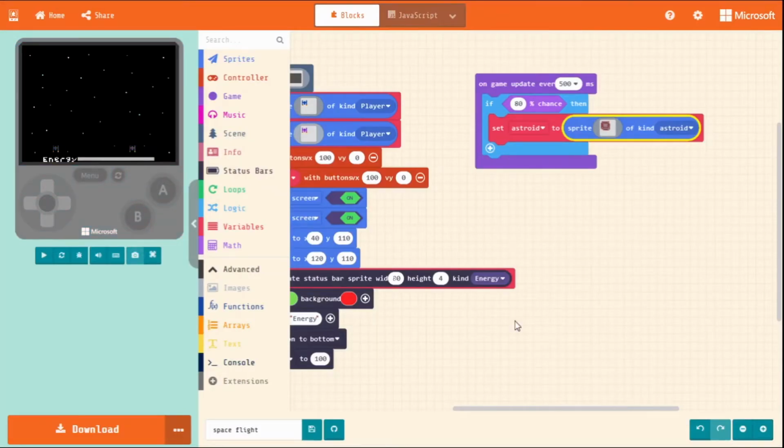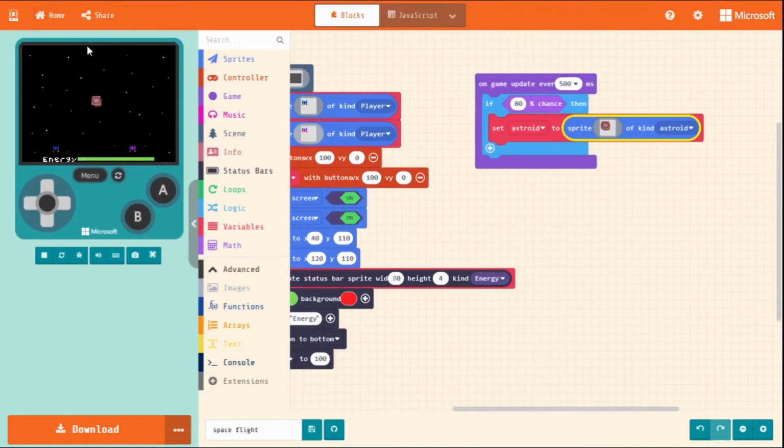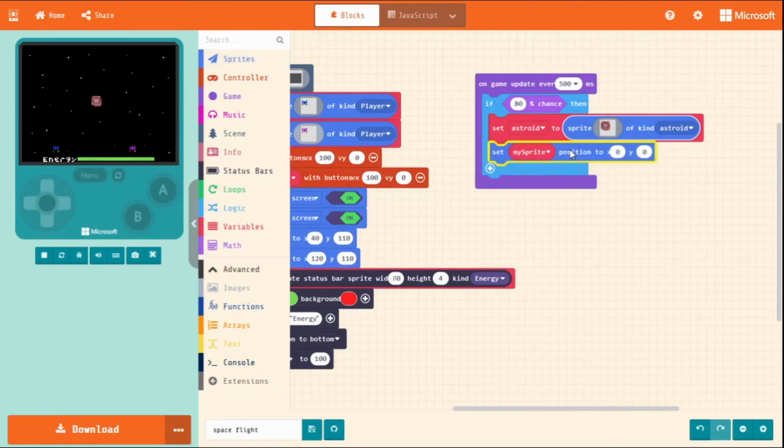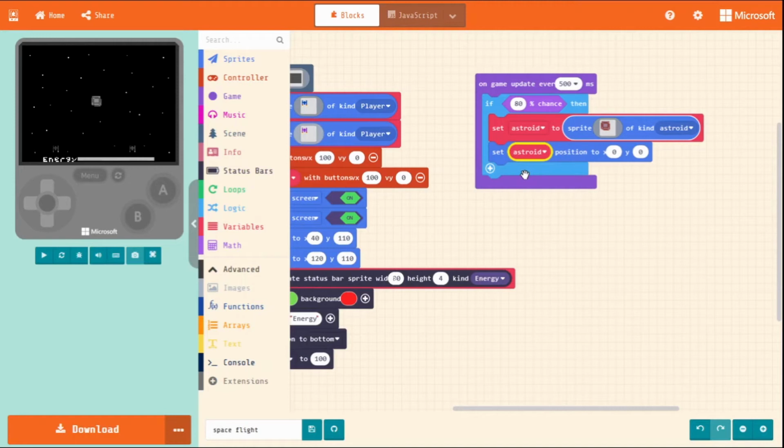And then the other thing we want to do is set the position of the asteroid. We want it to come down from the top at a random X value. So we'll go into sprites and set my sprite position to, change this to our asteroid sprite,